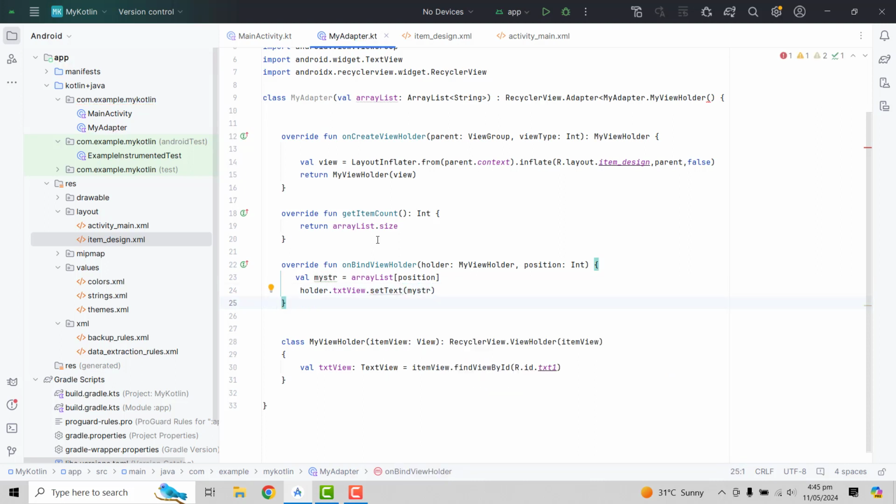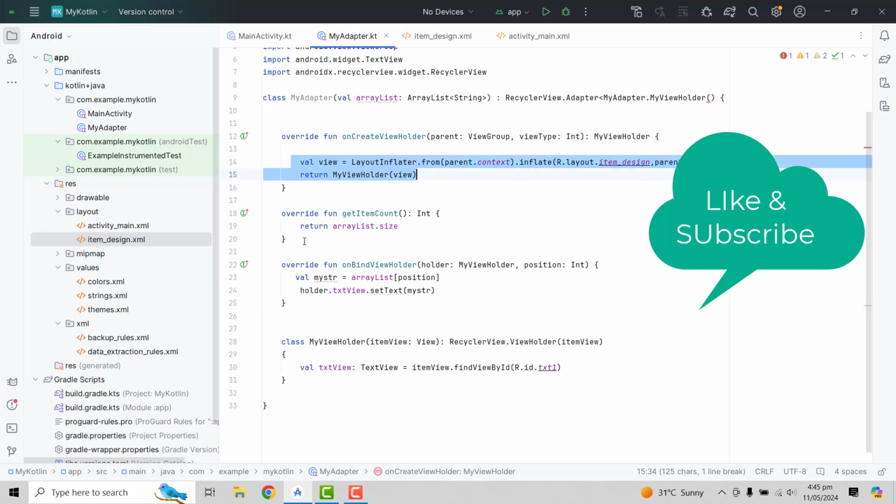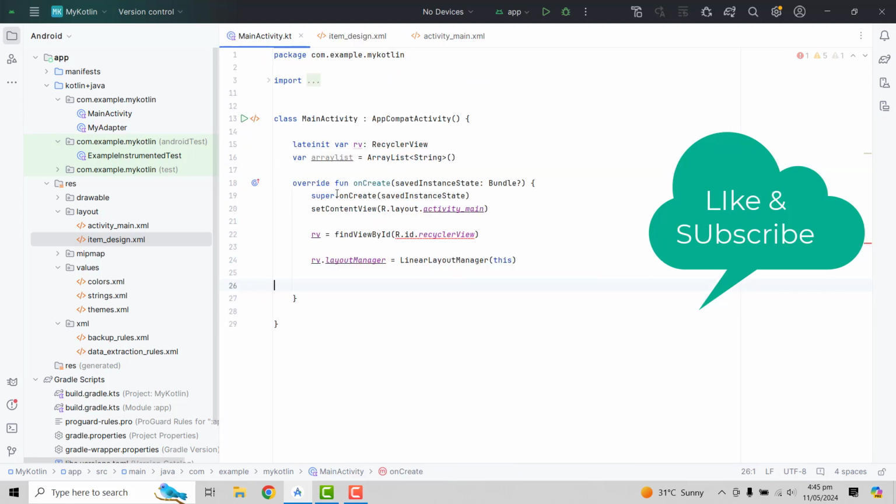So our code is complete. You can see we have a very simple code here,